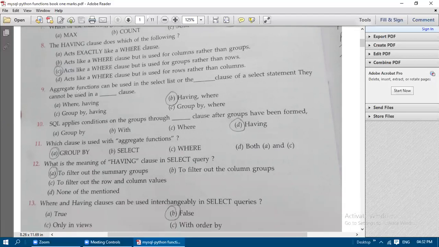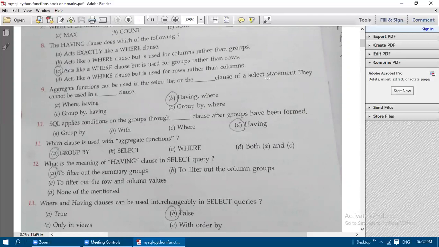Next: aggregate functions can be used in the select list or the HAVING clause of a select statement. They cannot be used in a WHERE clause. The aggregate function we can use is, for example, HAVING COUNT(*).